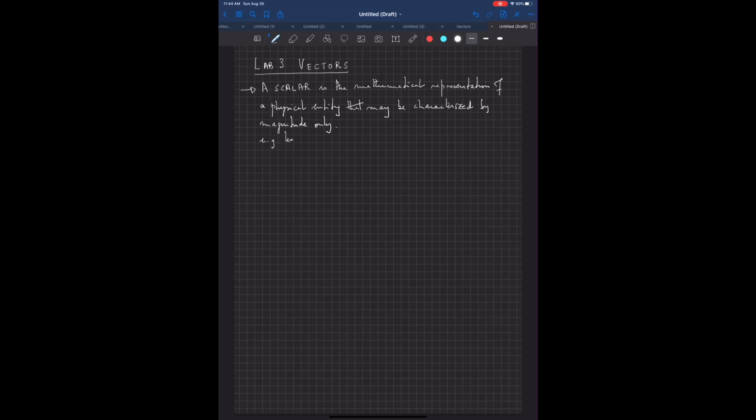For example, temperature is a scalar, 68 degrees Fahrenheit today. Speed, charge, say the charge of an electron, mass, energy. Okay, so these are all examples of what we refer to as scalars. Now,